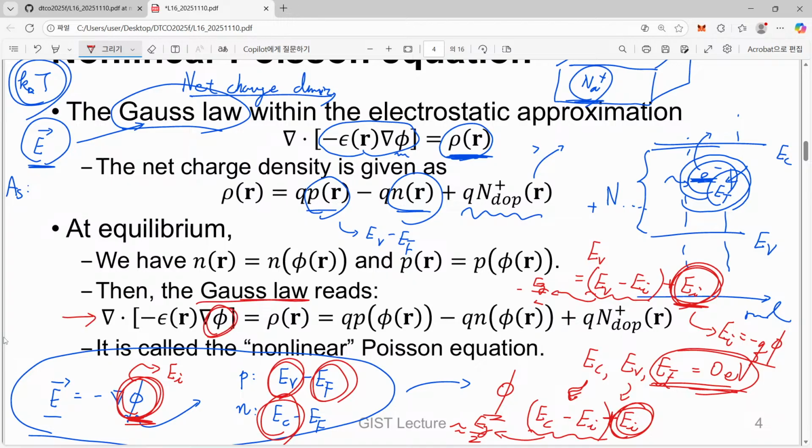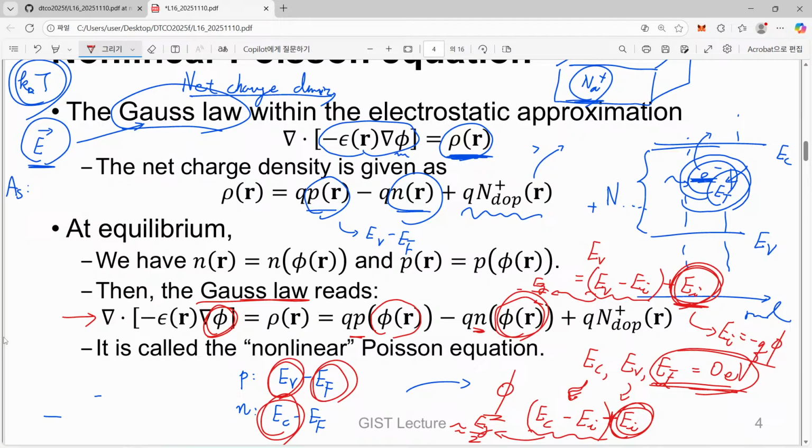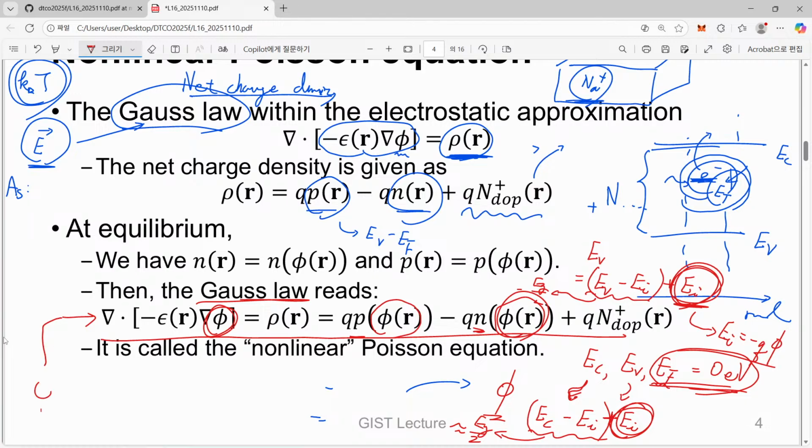Yes, it is the electrostatic potential itself, and hole density can also be expressed as a function of the local electrostatic potential, and electron density also can be expressed as a function of the local electrostatic potential. So when we apply this kind of argument, which is strictly valid only at equilibrium, please note that it is valid at equilibrium under the Maxwell-Boltzmann approximation, then we can have a certain equation which has only phi